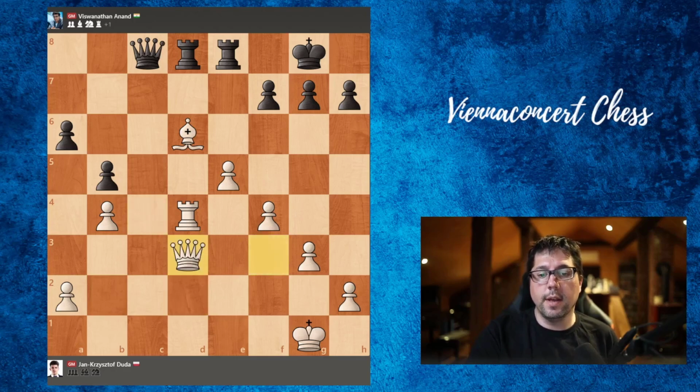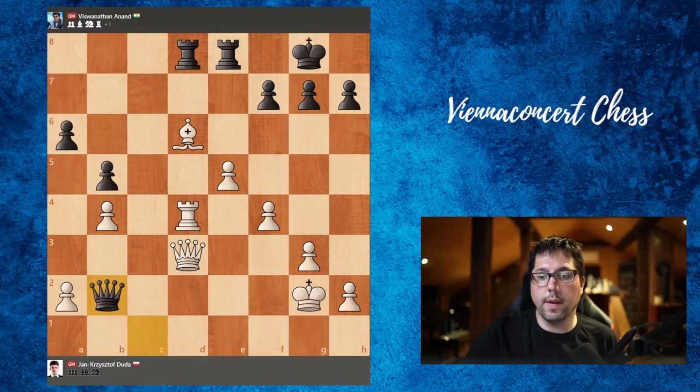cd3, queen takes d3. Now queen to c1 was the correct move, just going for check. King g2, another good move. Queen to b2, and here the best way to defend would be queen to d2, queen b1, and queen to e2. But in this position, Duda played king to h3, and here the simplest move would be just to take